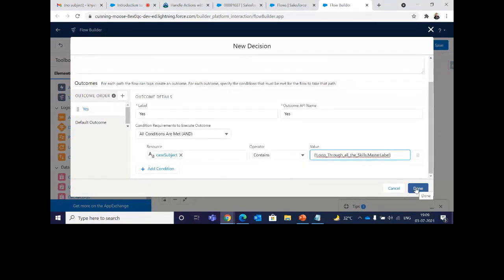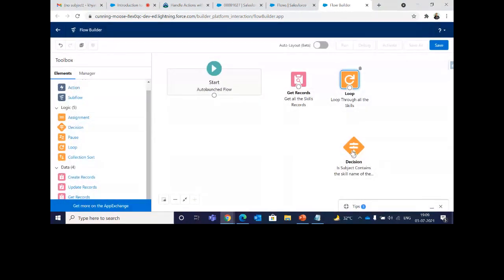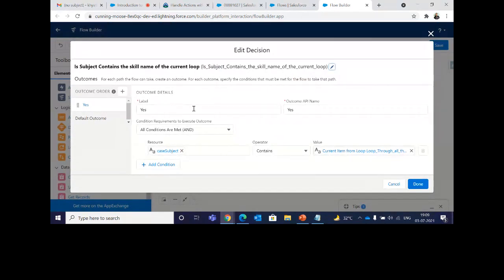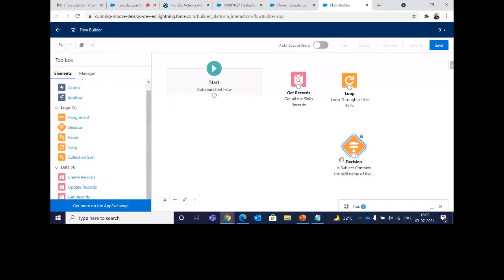So once this is done, now you need to click on done. So the decision has been made. So when it is yes, here it will come. But in the flow version, basically the skills, the subject words will be coming separated in comma forms. Like if I say I want OS installation in English, so the subject will come as